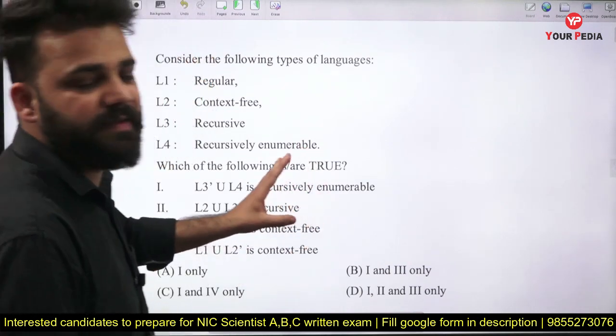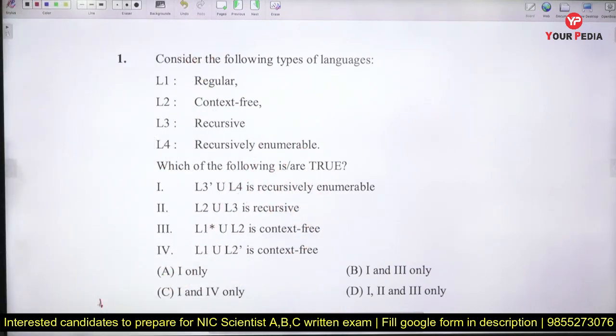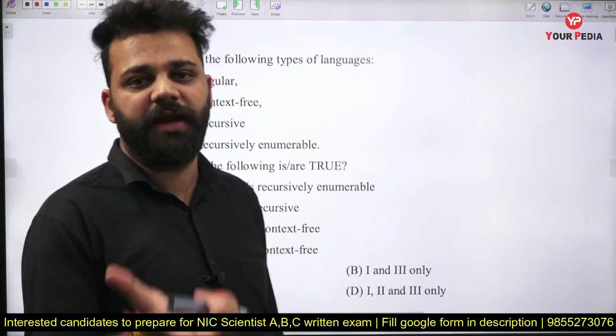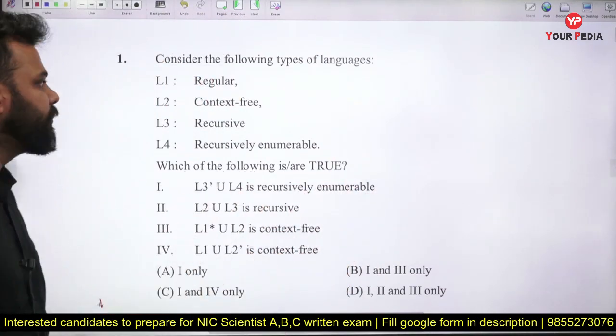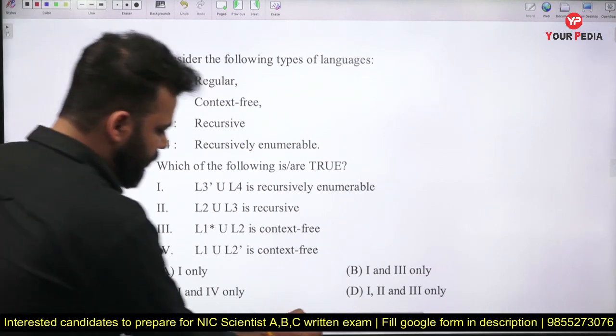So the questions were asked in the Scientist B and Technical Assistant A exam. So by this video you can basically guess what is the difficulty level that you can expect in Scientist B and Technical Assistant A, and what is the level of the question in these exams. So the first question is,